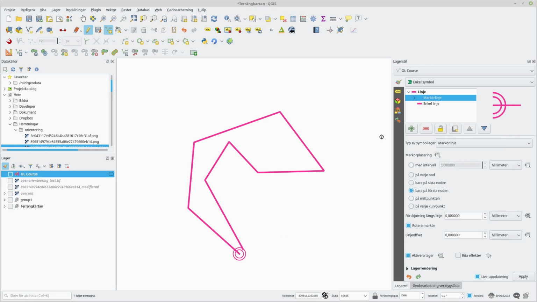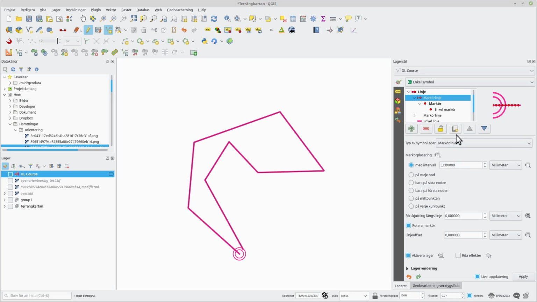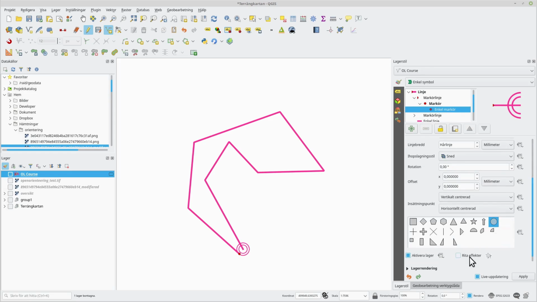Now we go for the end point. A new marker line. Wait a minute, did I do it wrong? That was the starting point. That should be the end point. This should be the starting point. And that should be a triangle. This one, I'm guessing. And it should be